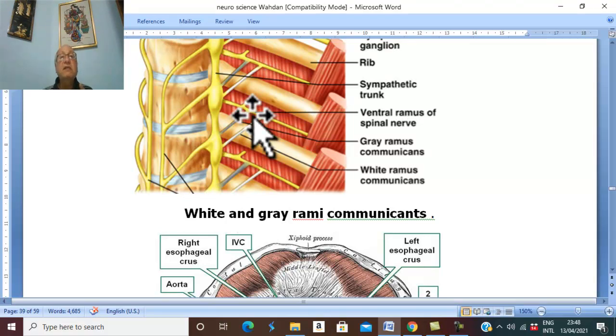And sure, we all know that sympathetic fibers are vasomotor to the blood vessels, sudomotor to the sweat glands, and pilomotor, to the erector muscle of hair. These are the lateral branches to the skin and the blood vessels of the body wall and the upper limb. The medial branches are visceral branches. The medial branches are visceral branches to what?